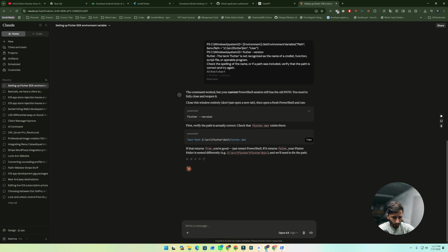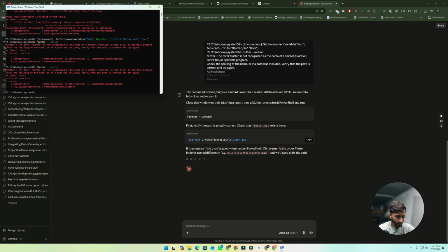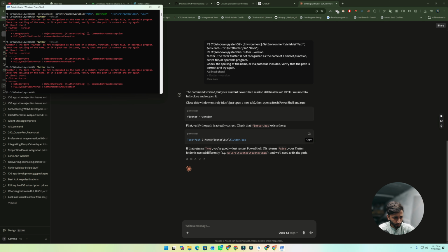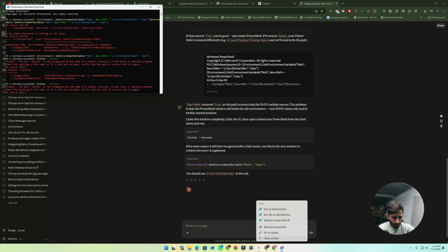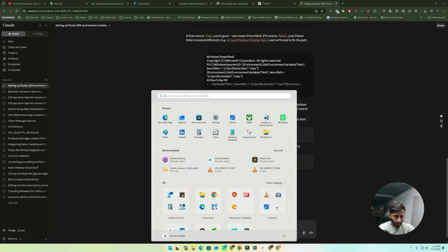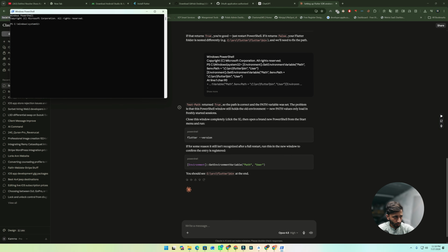So first of all, let's type flutter --version again. Let's type flutter doctor. It's not working. It says close this window. I will close this one, then go back and open PowerShell or command prompt again. Here Flutter was already set up, so we were facing some issue. Now it's working fine, I think. Flutter SDK is already set up.